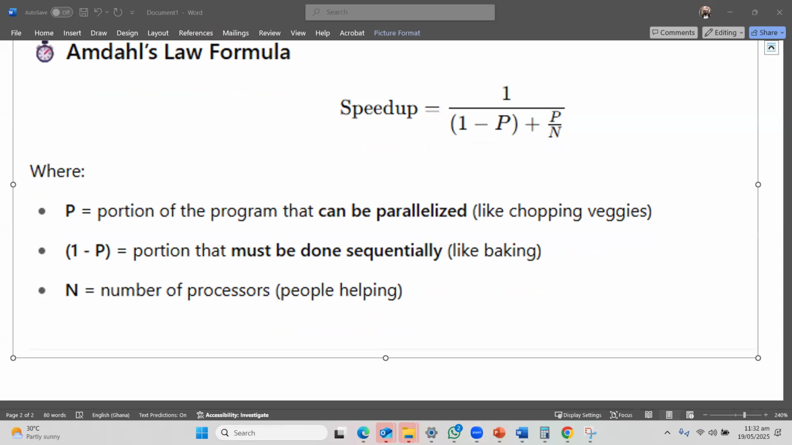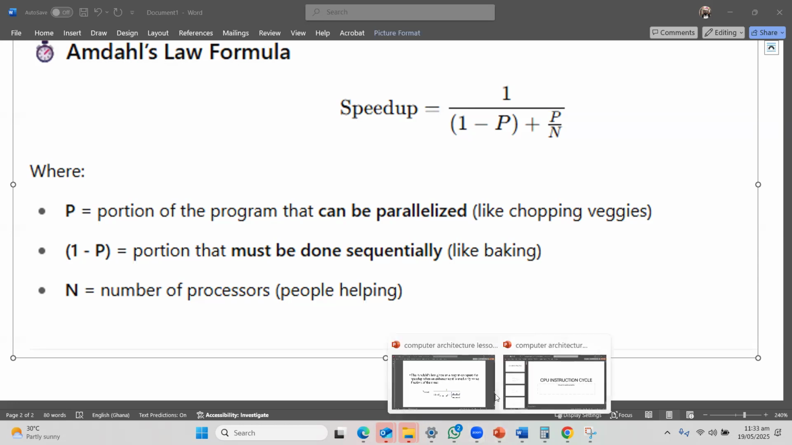So what is this? They said the speed up is equal to 1 over bracket 1 minus P plus P over N, where P is the proportion of the program that can be parallelized, the proportion of the program that we can improve. For example, if I come to this question here,